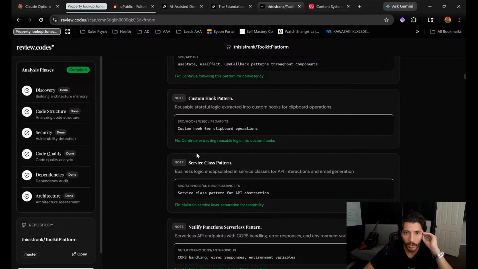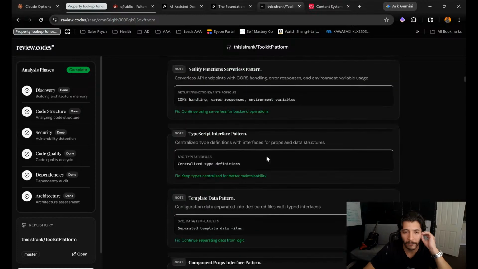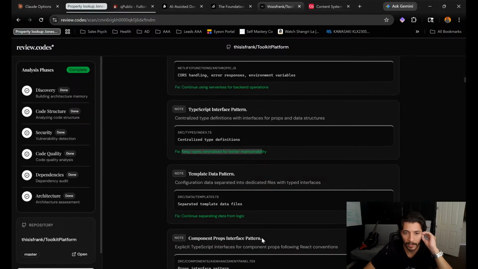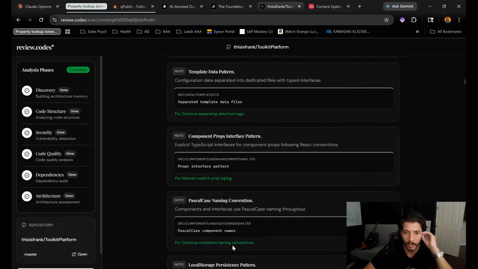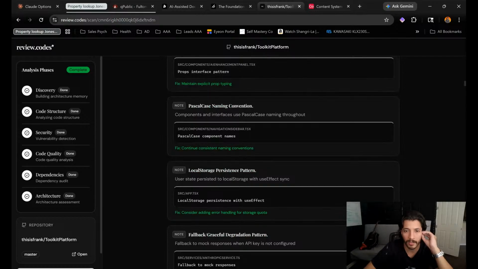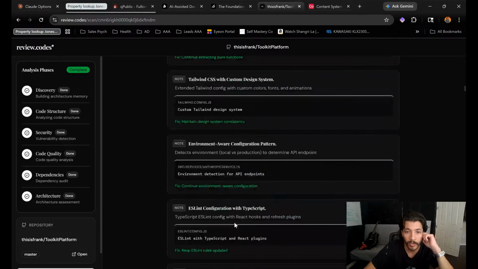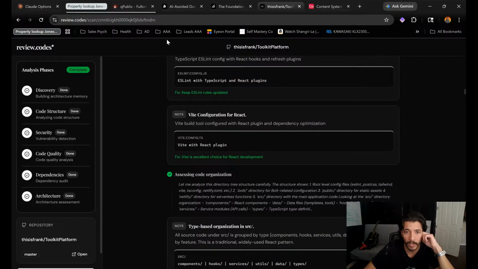Okay. So I'm assuming the green text is opportunities, fixes, and it's not exactly a fundamental thing. It's just already suggesting continue separating data from logic. Yeah, some maintain explicit prop typing, continue consistent naming conventions. So a lot of these are continues. So I'm curious, is there an urgency level to this? Are these rather suggestions, or what's going on there? Because there's a lot of them in this section, none of them on top. Well, this one's a good suggestion, so it's not even a fix. So curious how you see what this line is doing here.